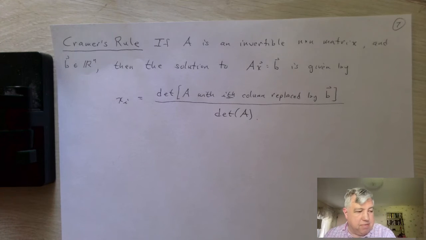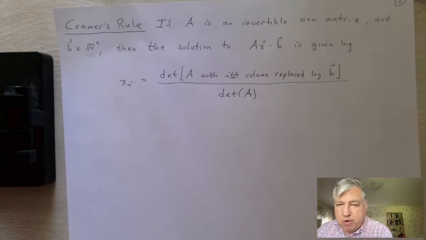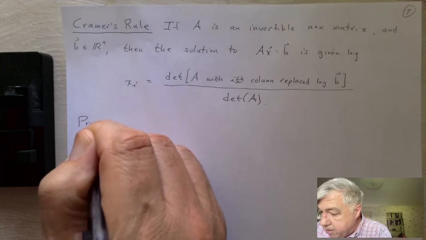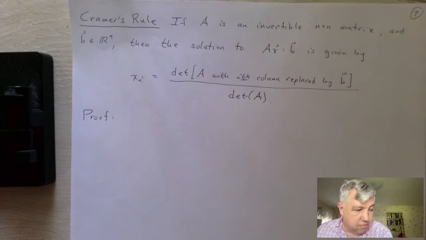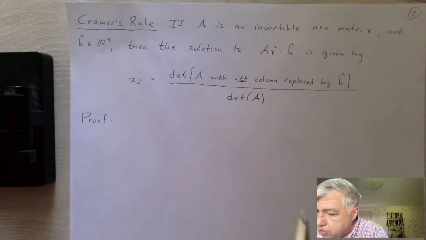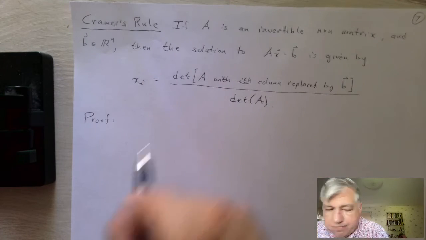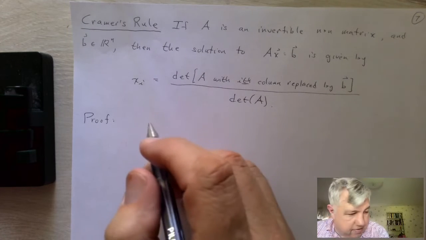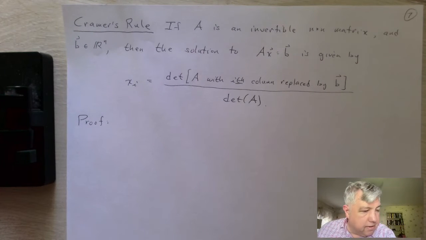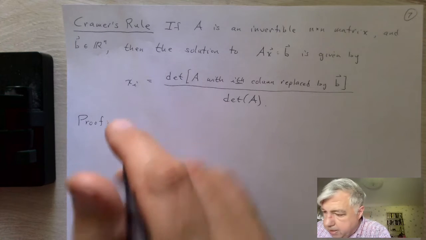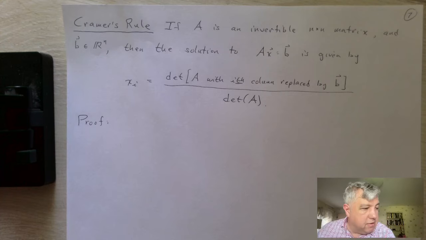So let me just give a real quick proof of this, and then maybe we'll do an example or not. So why is this true? Well, let's suppose that X is a solution. Let's see, what should we do? If we do this first,